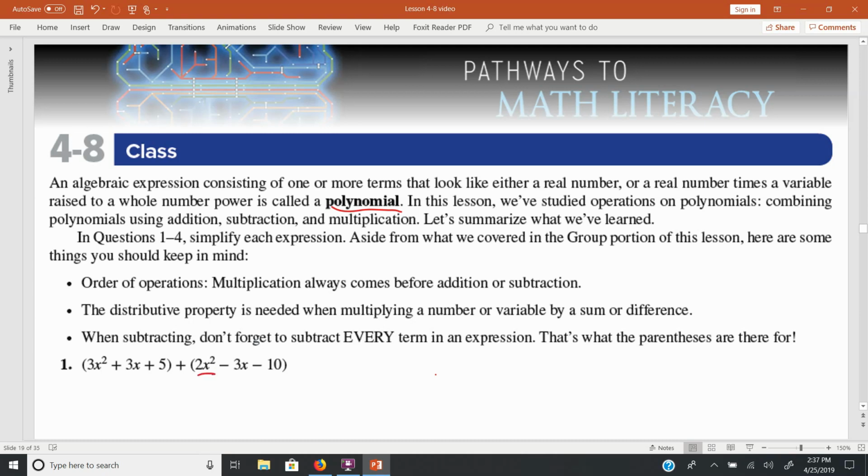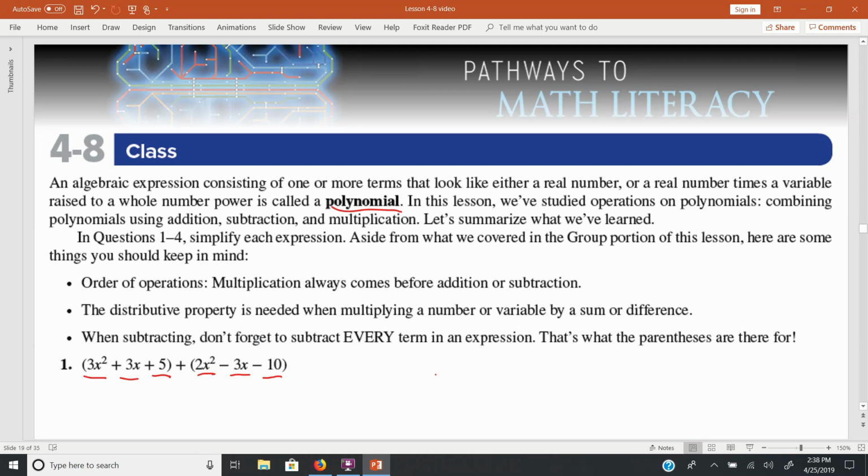One polynomial has three terms. Terms are the things that are added or subtracted. So I have 2x squared as a term, 3x is a term that's being subtracted, or we can think of it as negative 3x, and then negative 10 is a term. That's being added to the polynomial with three terms, 3x squared, 3x, and 5. So when I add those polynomials,